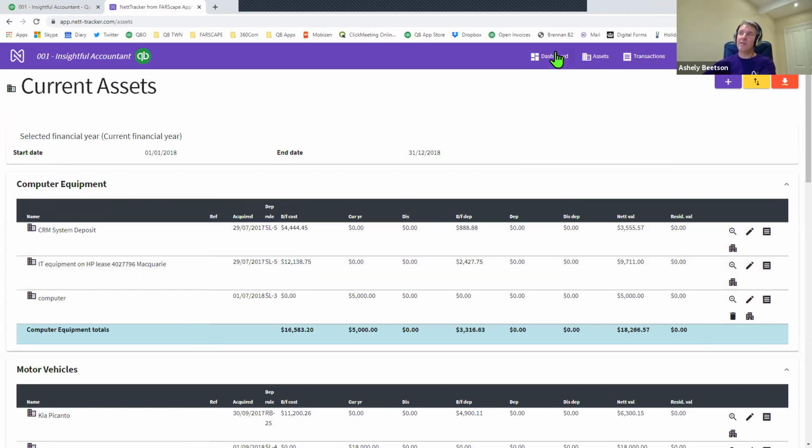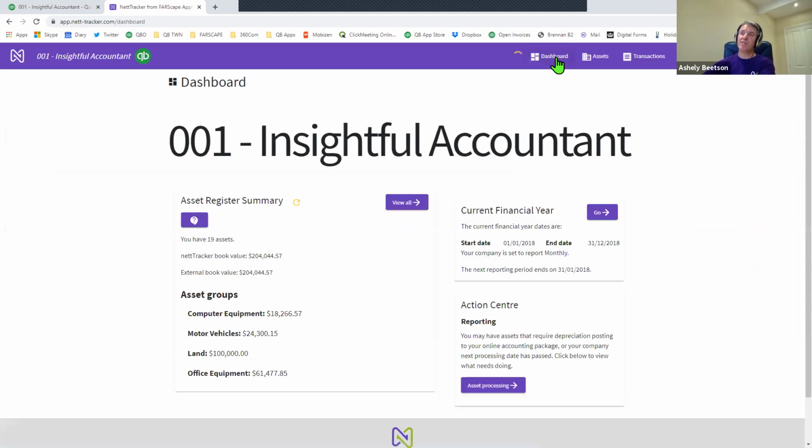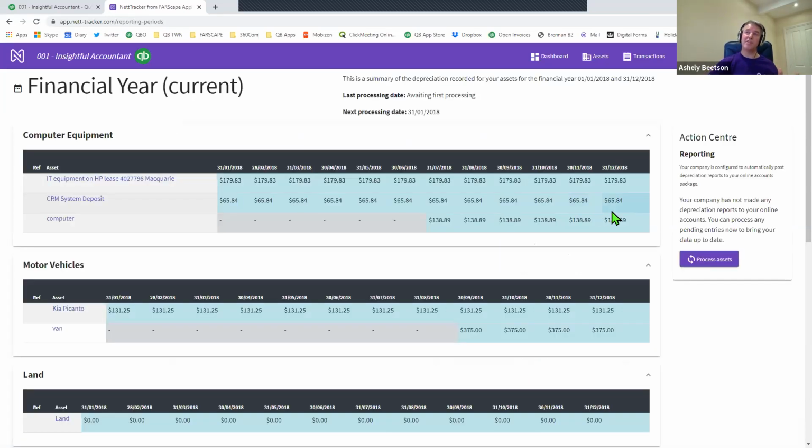So let's take a look now at actually running some depreciation. What you'll find is from the dashboard, I can process the assets, and it's the same actually. If I click go, it will take me to this area. It's really like a depreciation forecast, if you like. So what I've got here is a forecast of the depreciation that's going to run through the year, where the assets have just recently been purchased. You can see that the asset purchases appear